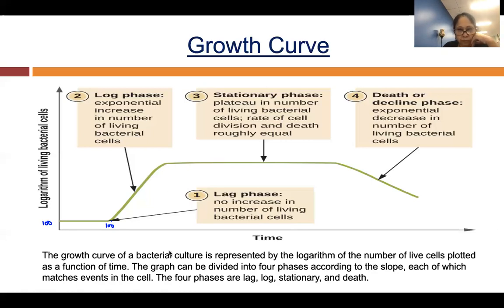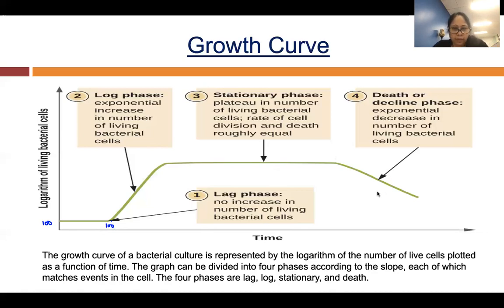Okay, so oh, where is my, what happened? Okay, sorry,